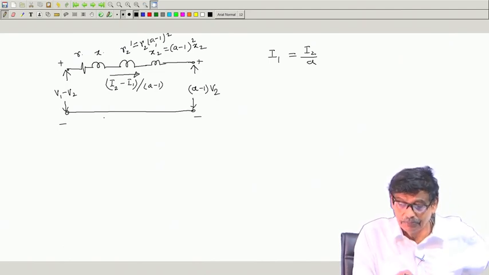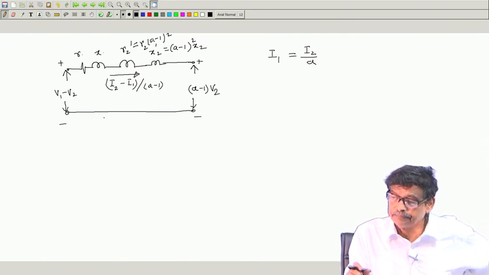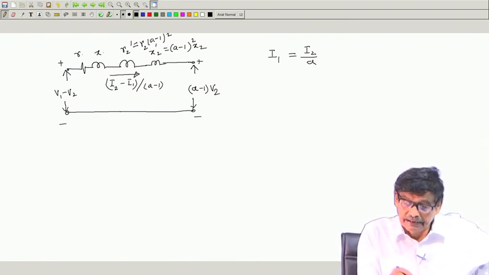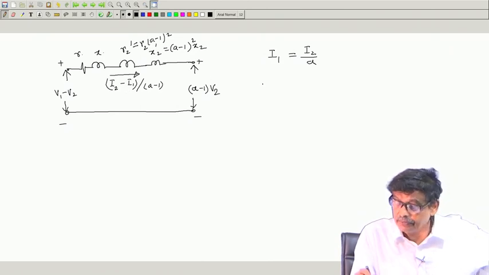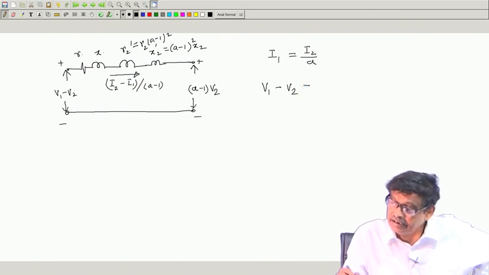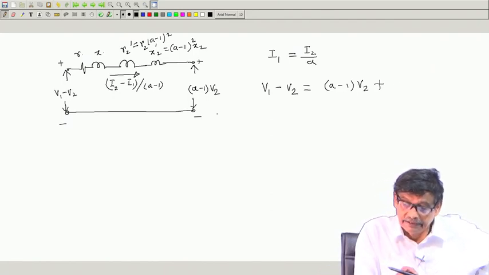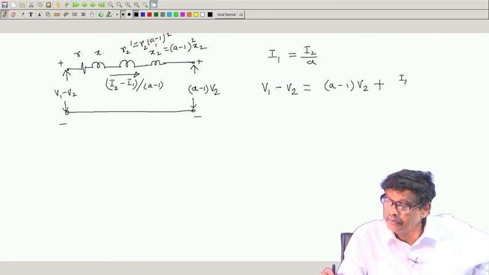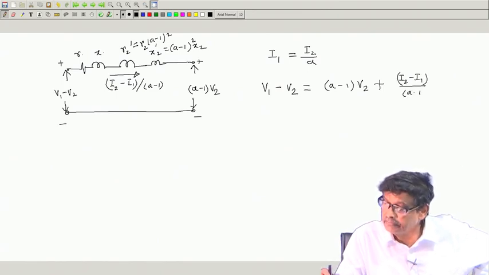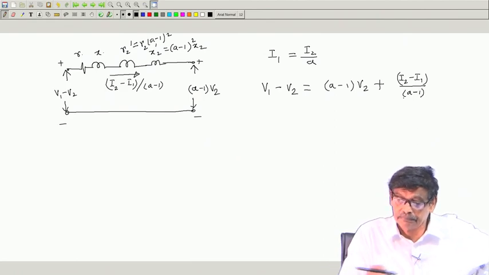Now, what is the importance of doing this? If you do this way, then by applying KVL rule, I can write down V 1 minus V 2, this voltage, is equal to A minus 1 into V 2 plus of this current, that is I 2 minus I 1 divided by A minus 1, this current